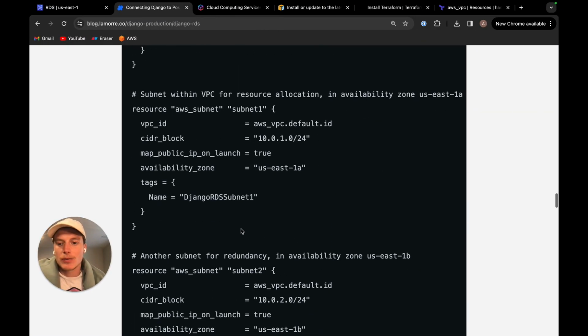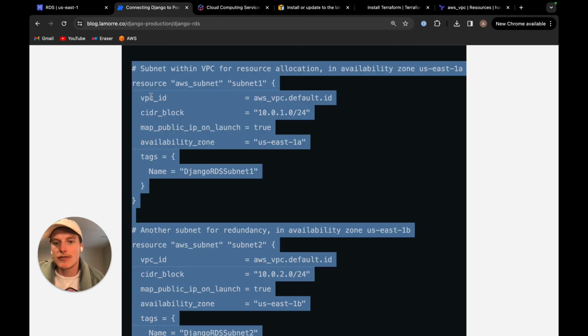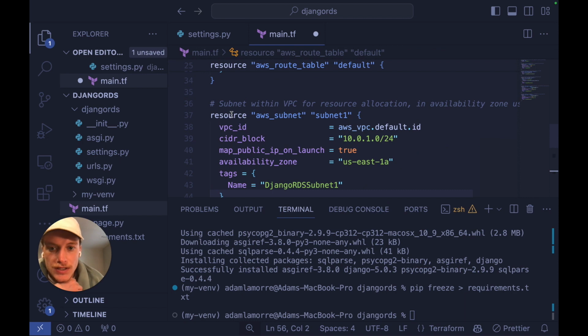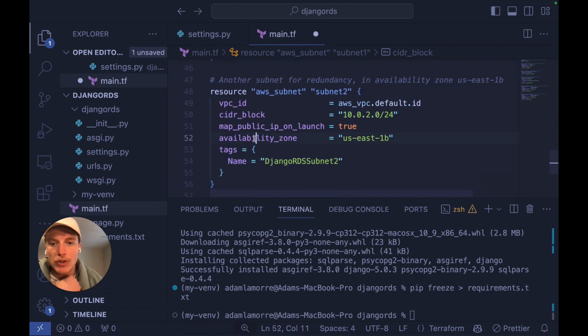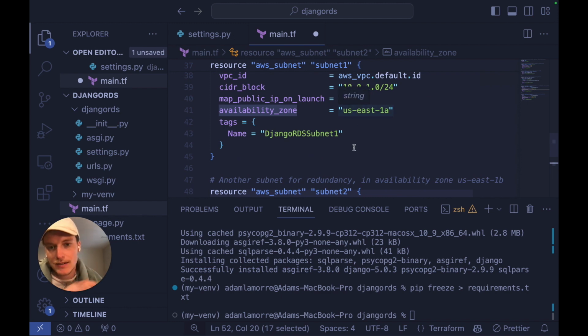Cool. The last thing we'll do is create those two subnets, subnet 1 and subnet 2, in different availability zones. So if you just copy and paste those two, it's an AWS subnet resource. We'll call it subnet 1 and subnet 2. They both live inside this VPC. They have a sub-range of IPs, so it'll be 10.0.1 and anything after that. And we'll call the other one 10.0.2 and anything after that. And then we'll put the availability zones as US East B and US East A, and we'll give them two